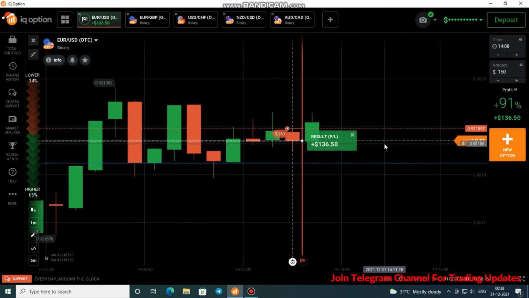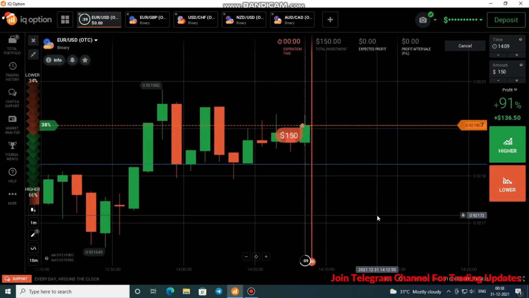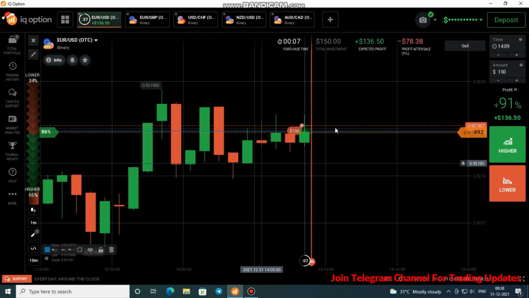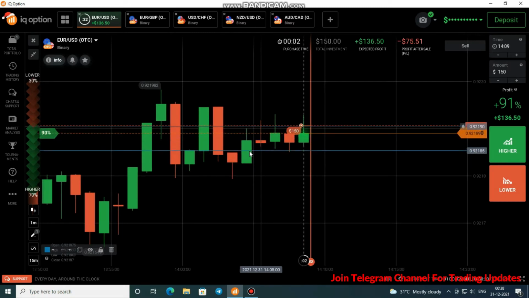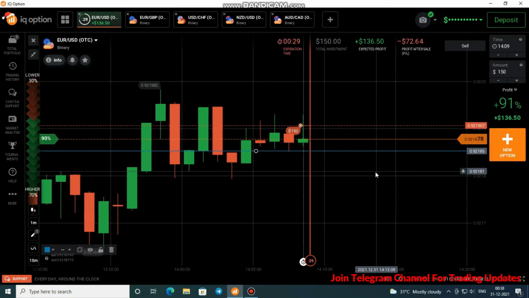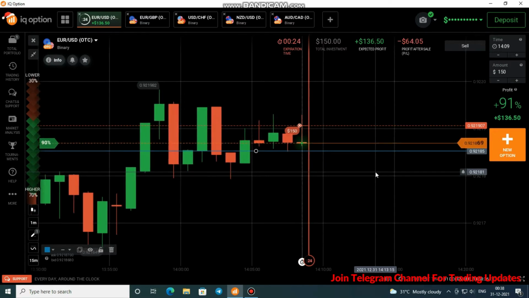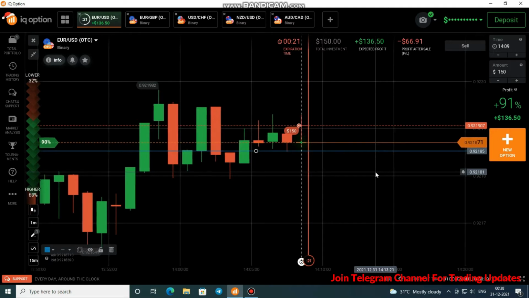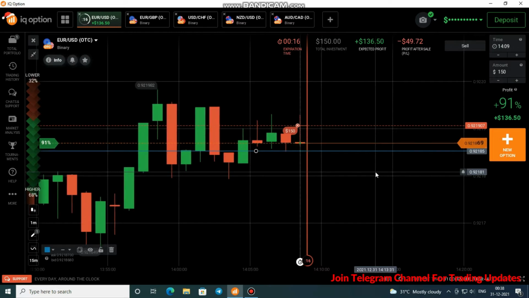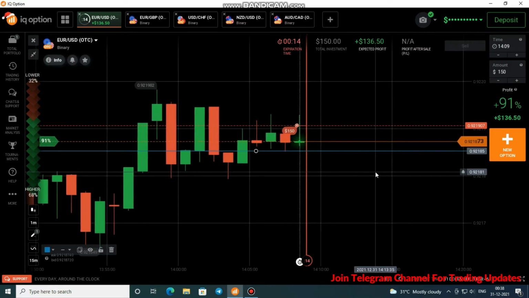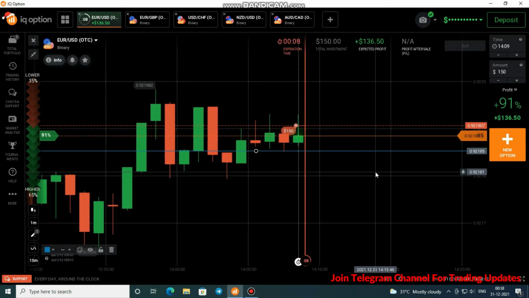We can see all are winning trades, and here it's better to go with the seller, so I'm going to place a put option, because the market is consolidating here. I got a good entry. I expect it should definitely close below my entry because we can see at the top there is a strong resistance and at the bottom there is a strong support, right? So the market is consolidating between those areas, and the market is following the green-red pattern. The present one may be bullish, but I got a good entry, so it should be 99% a winning trade.